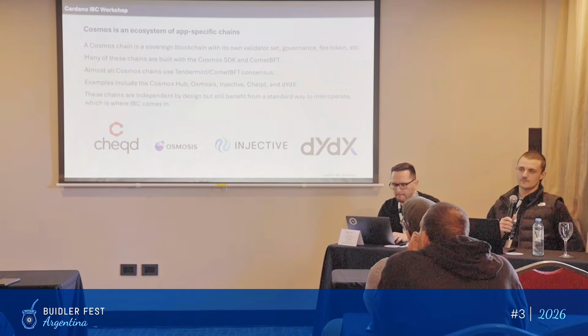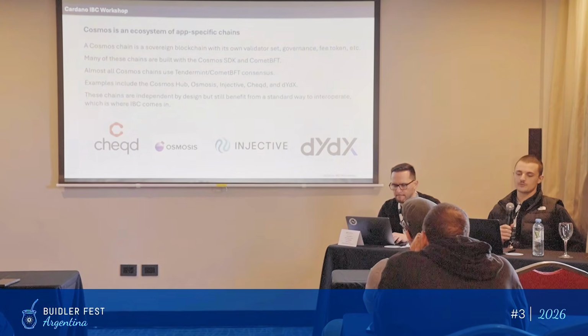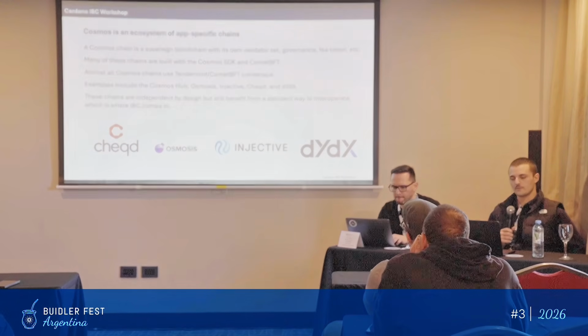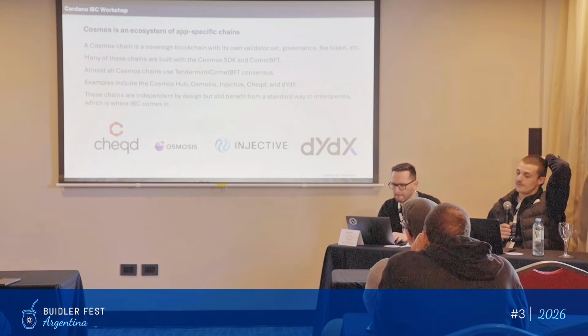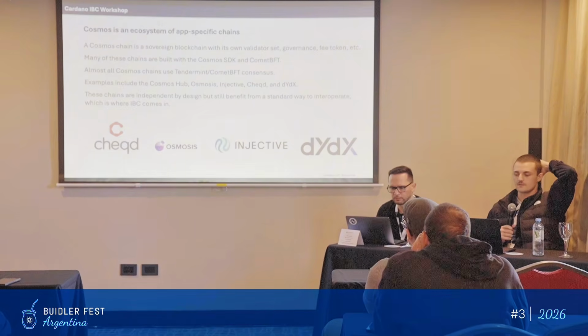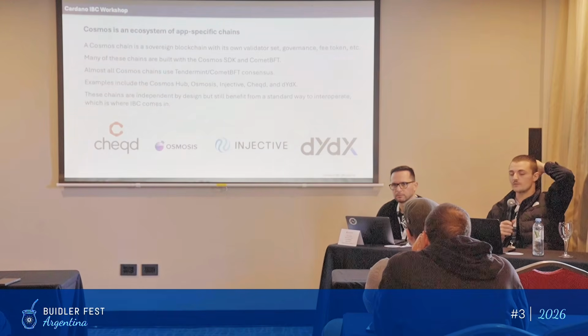In the Cosmos ecosystem, it's pretty typical that chains will be application specific. So for the ones that I've listed, for example, Osmosis was one of the first main DEX chains. As of today, they still have the highest IBC volume. Checked is another chain that we're working with. They're doing some interesting stuff with digital identity. They're based in the States. And again, I would be curious to hear if anybody here has use cases for any of these abstractions, because we can make this bridge a bit more ergonomic to specifically whatever dApps people want to develop with these abstractions.